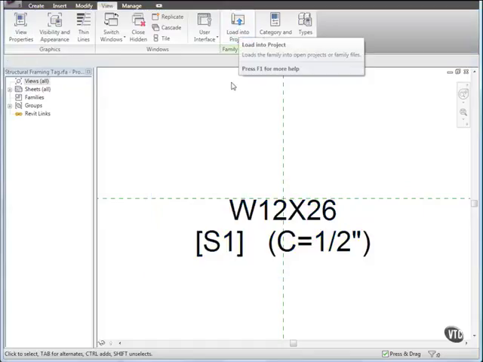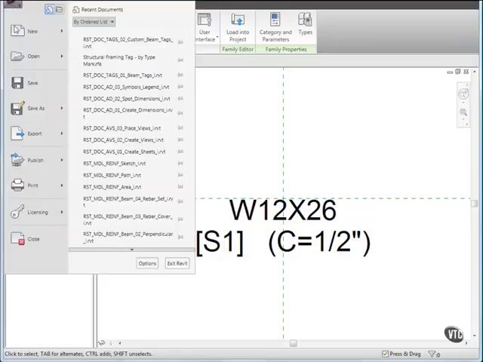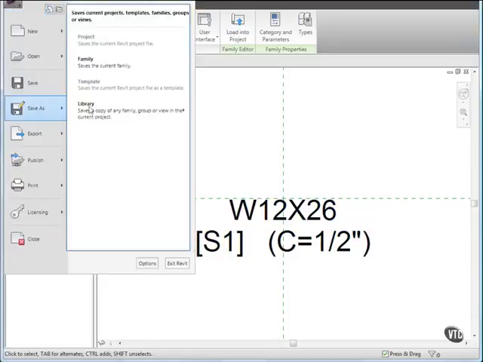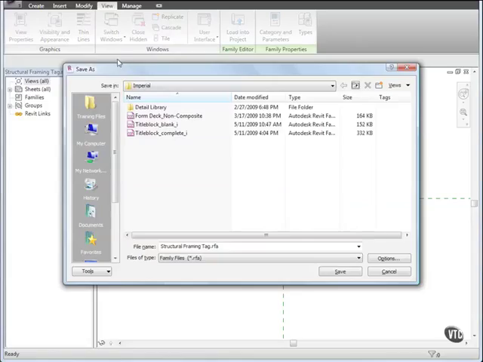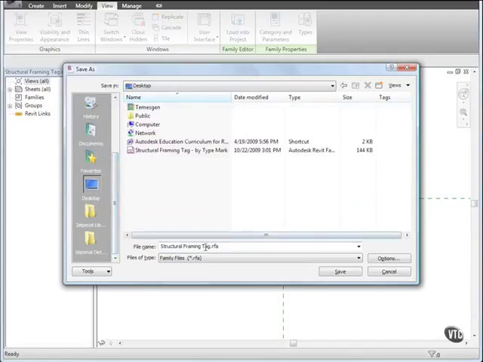Let's save the new beam tag. Click the menu browser and select Save As, Family. Then select a folder location and name the file Structural Family Tag with Camber. Then click Save,